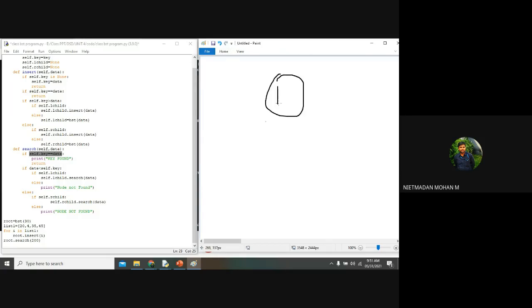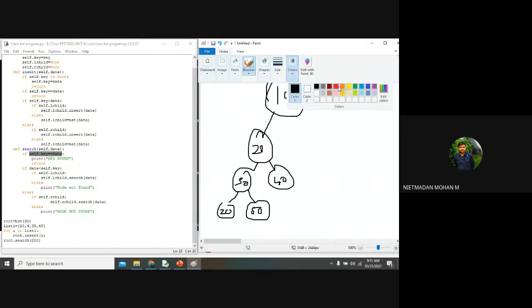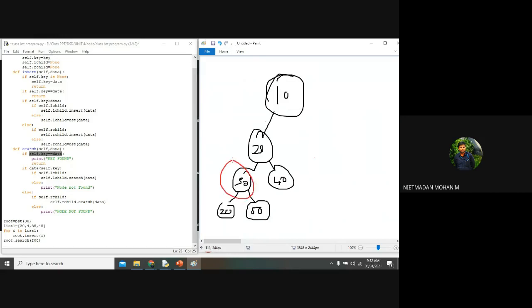So just imagine 10, 20, 30, 40, 20, 50. If suppose I am going to search for the element 30, then what will happen?